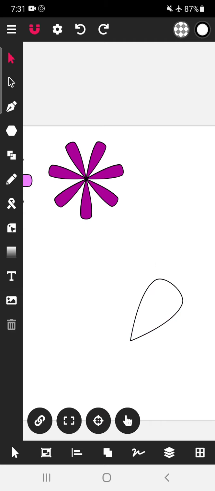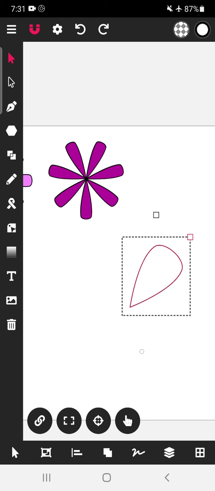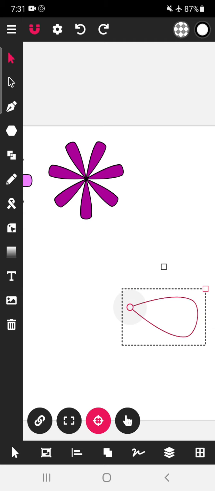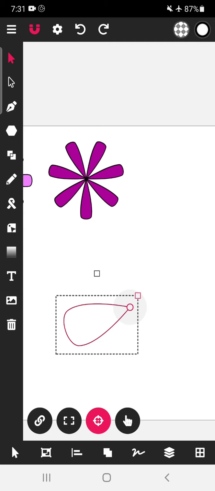If you want to rotate this object around another point, then you have to click here and then tap on this particular point and take it to the location where you want the center point. Okay, now I have changed that center point. Now I can rotate this object like this.